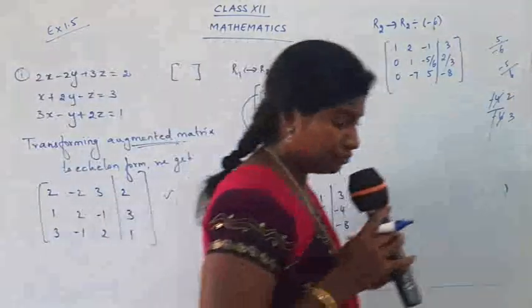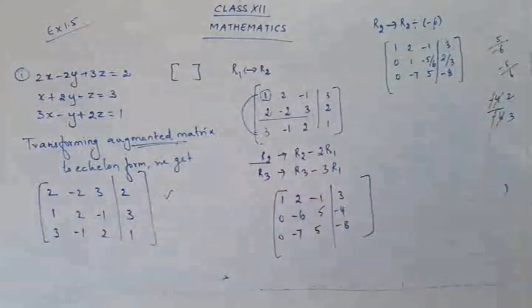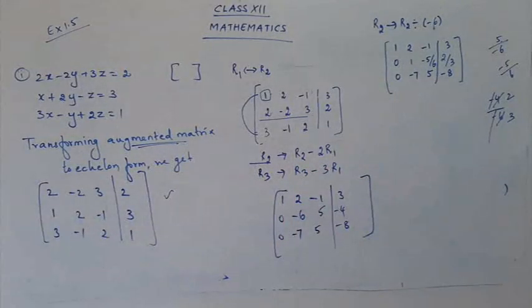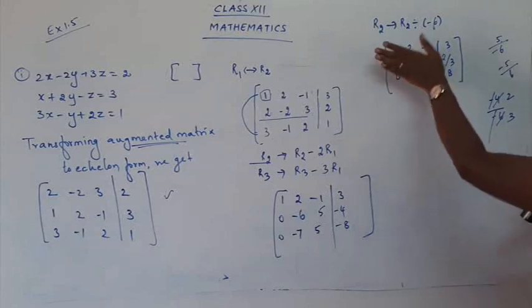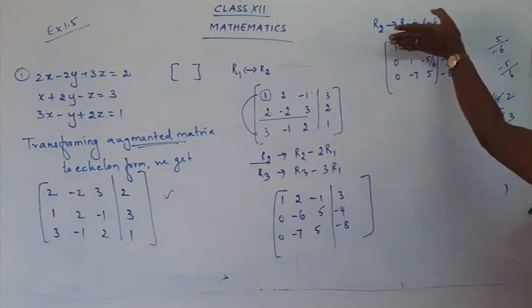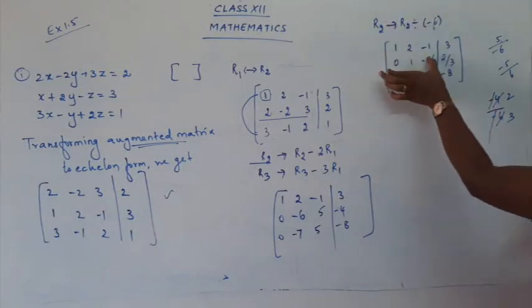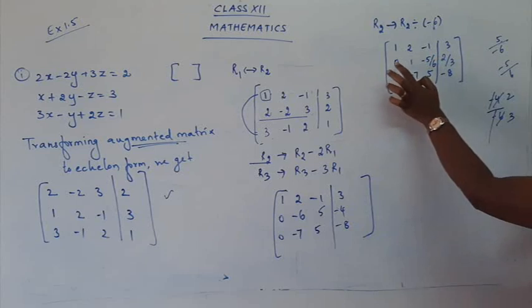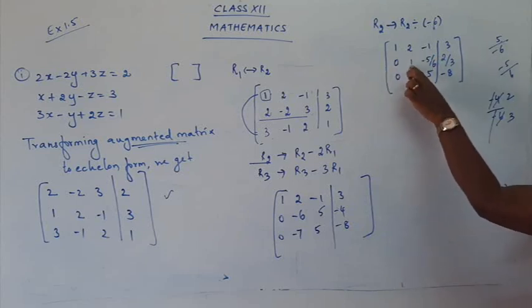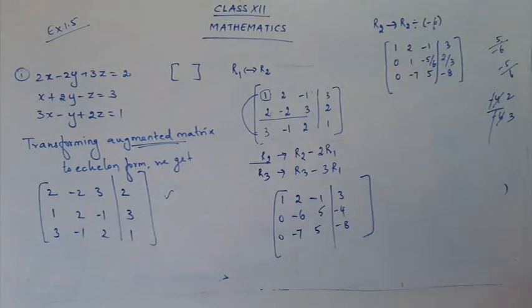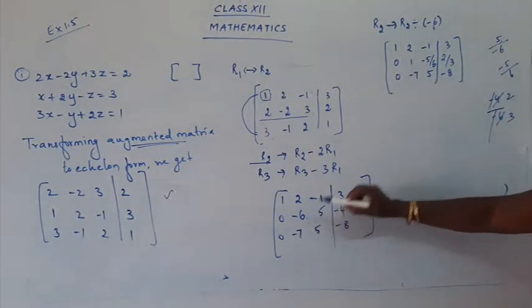Children, whenever you do transformation or whenever you are trying to bring the matrix into echelon form, always follow the steps. Remember, always get your 1, then try to make the numbers below it 0. And then do not touch this first row, okay. Come to the second row, the first non-zero. Here this is 0, so you have to take the non-zero. What is the non-zero here? It's 1, yeah. It was minus 6, so you have made it 1.